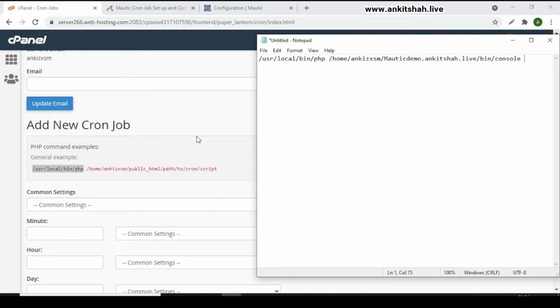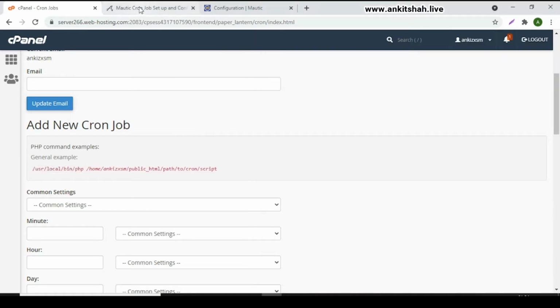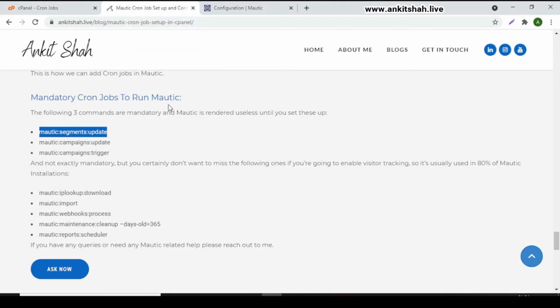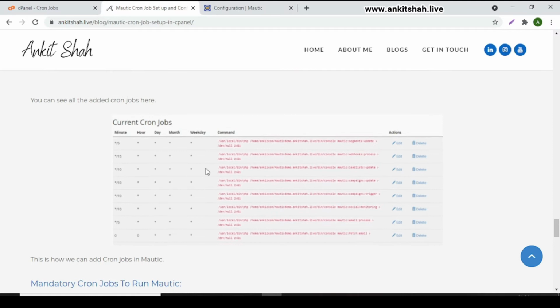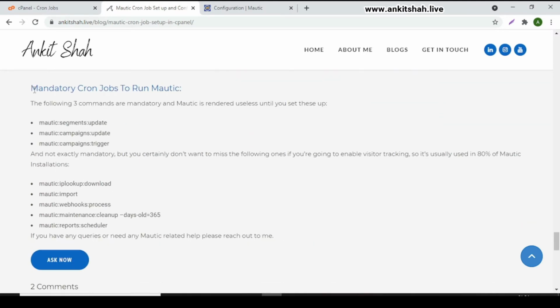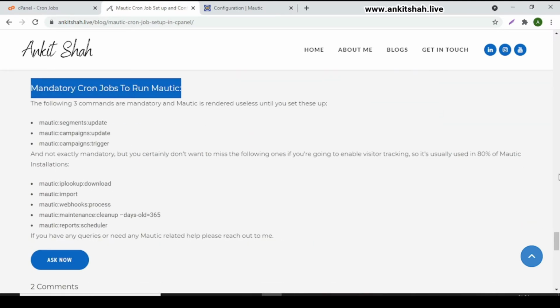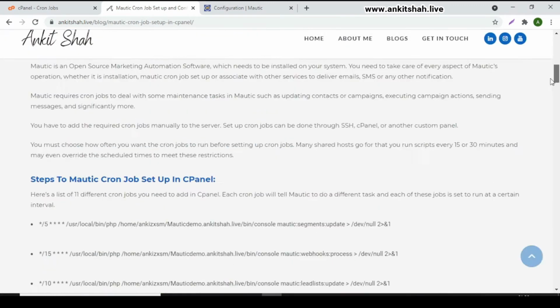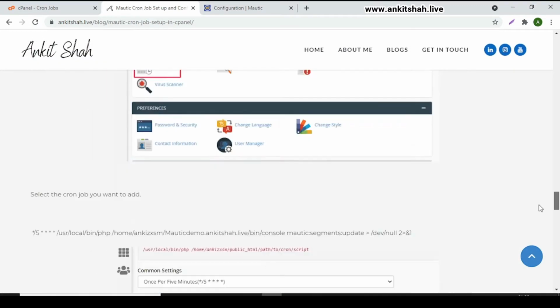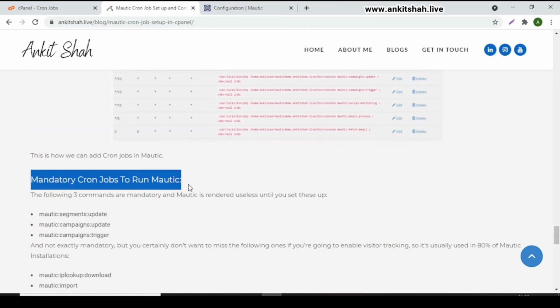The third step is to write Mautic commands to execute certain tasks. So go to my website ankitshah.live and check the setup cron job blog, or use the link I have given in the video description. Open the blog and find the mandatory cron jobs for Mautic.